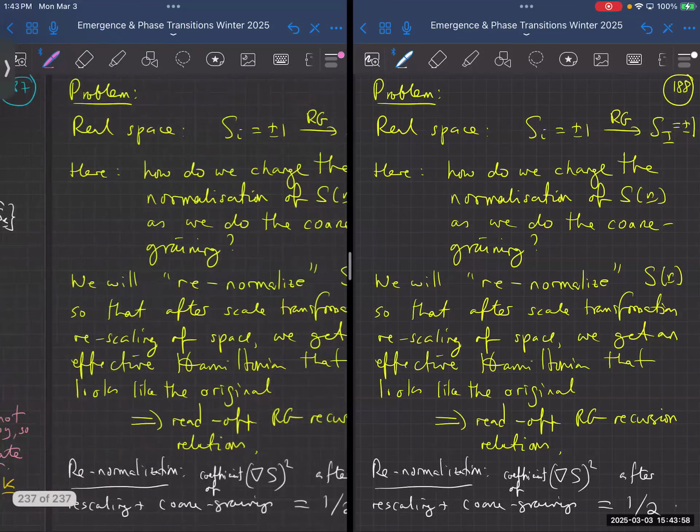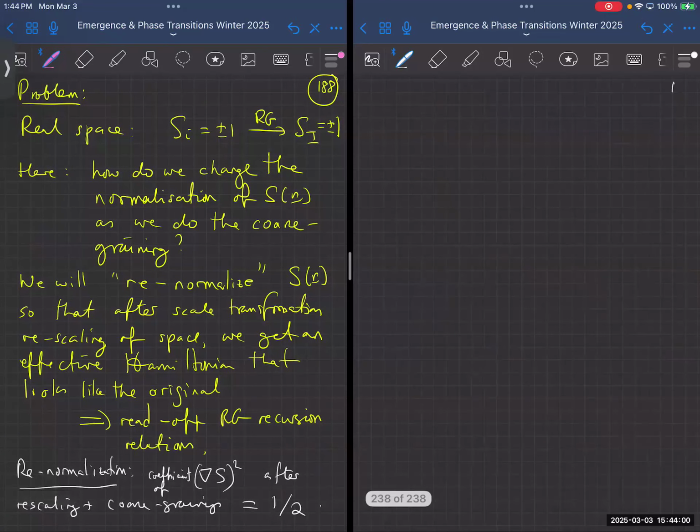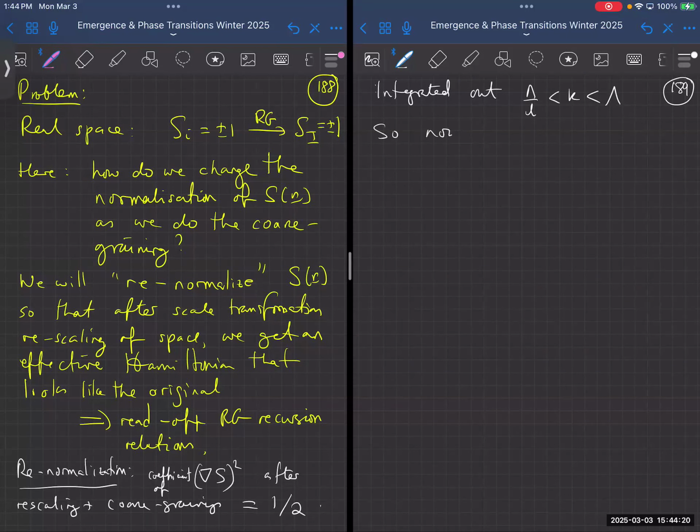And it's going to be kind of interesting, because what we're going to do is, if we've now integrated out lambda over L is less than K is less than lambda, that means that now naught goes to less than K is less than lambda over L. It's long wavelength, but in order to get back to the original problem,